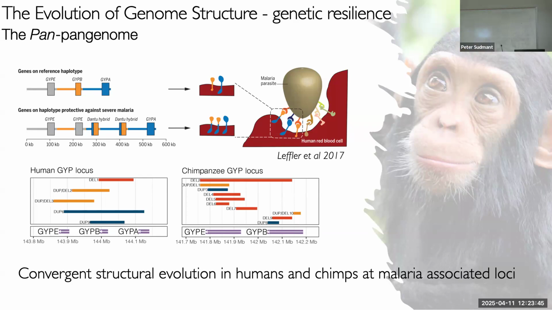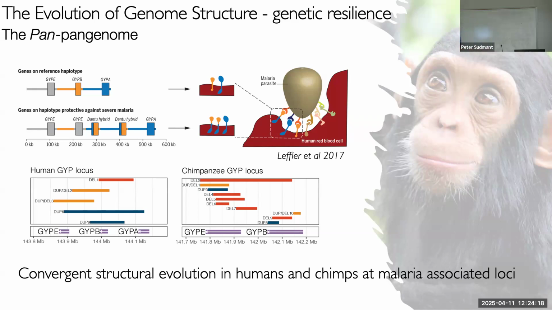Several years ago, a really cool study showed that these glycophorin genes, which are shown there, have a specific haplotype where there's a duplication of these glycophorin genes, creating two gene fusions, and this is called the DAN2 haplotype. This DAN2 haplotype actually changes the red blood cell surface tension, and by changing the red blood cell surface tension, it prevents Plasmodium falciparum from entering. So this particular haplotype is at very high frequency in sub-Saharan Africa.